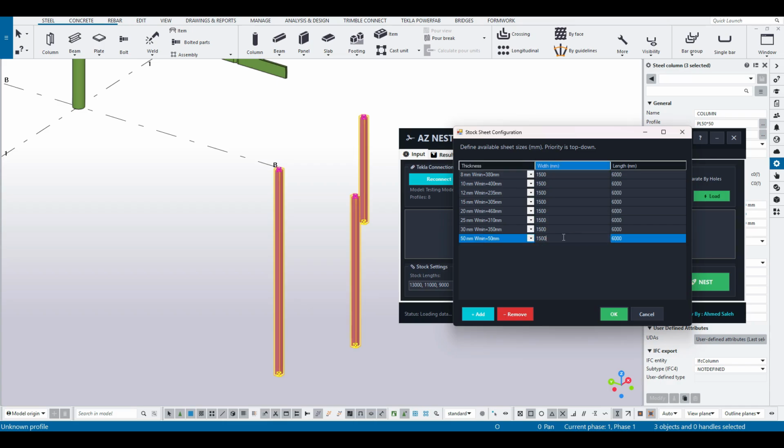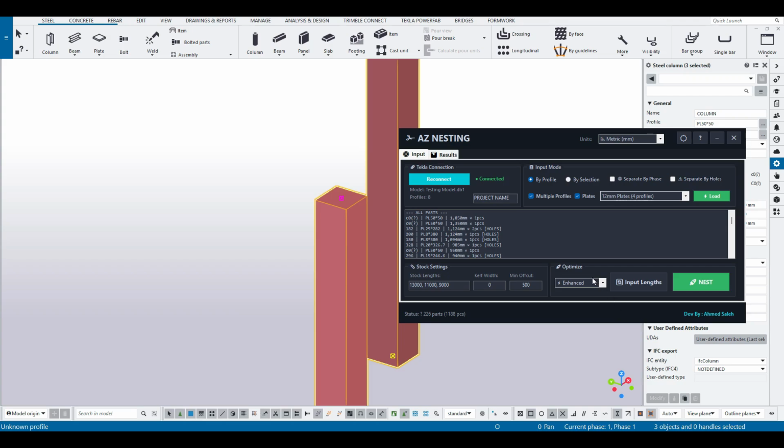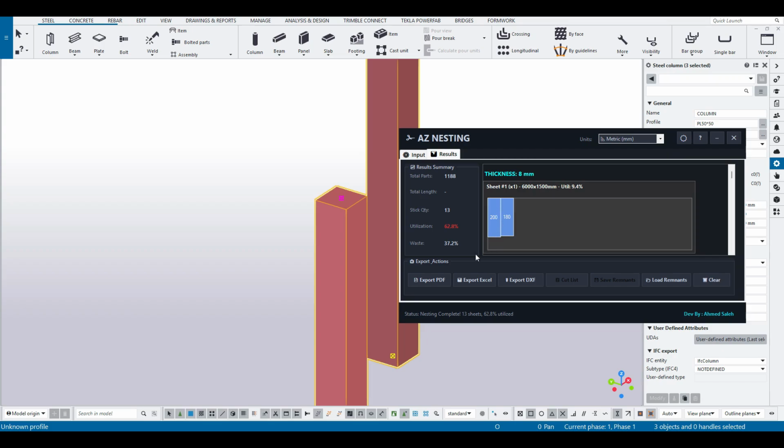The width is also 50 millimeters. So this is defining a solid bar that is 50 millimeters by 50 millimeters, and its length is 6 meters. You can modify this length, and then if you press OK and press next,